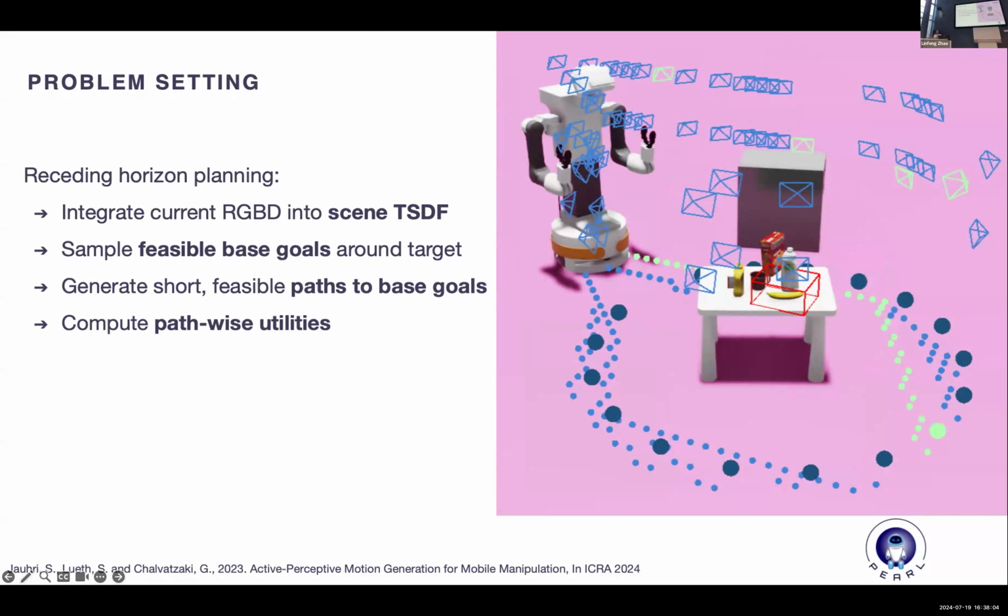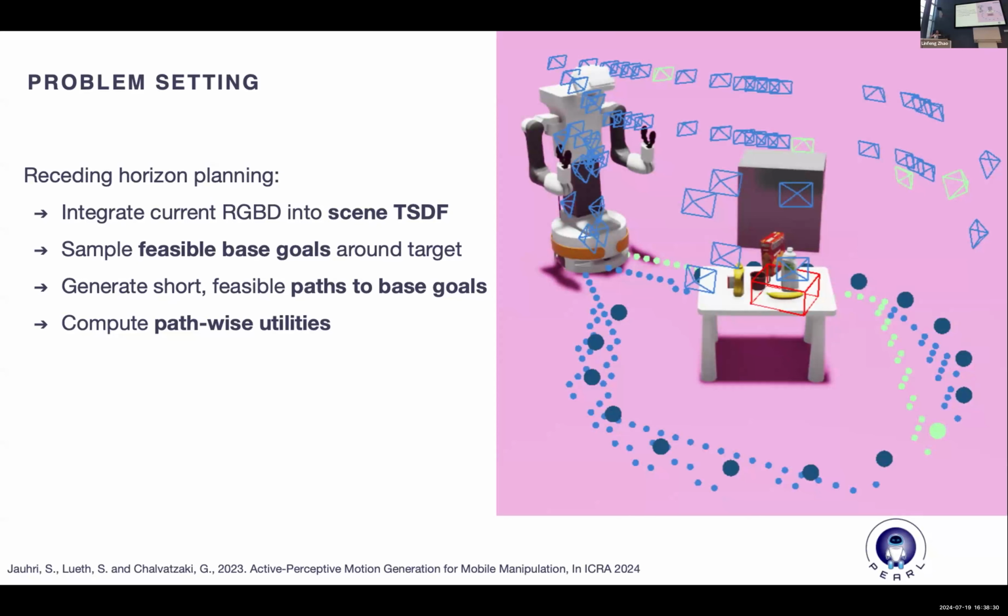While it is operating in a scene that is not known, you have only rough knowledge about an object that you try to find, which is here, in this particular case, the banana in this red box. And the robot has to figure out, by balancing information gain versus possible grasp executability, with respect also to reachability of the robot and the path lengths that it will have to execute,